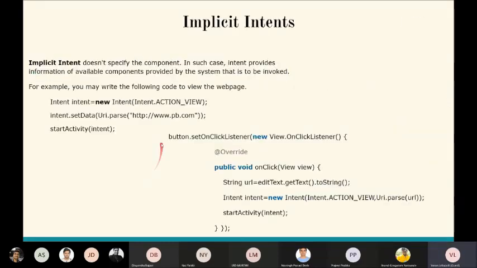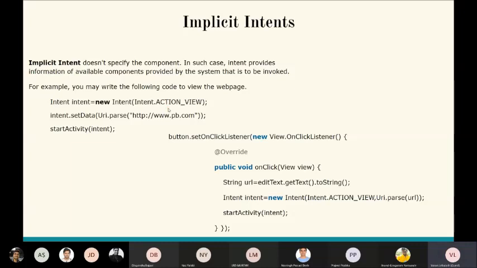The first example is for implicit intent: an implicit intent does not specify the component. So just see this example. Intent, this is the name of the intent. So this is ACTION_VIEW. This action tells what that intent should do. For sending email also, we have used implicit intents only.